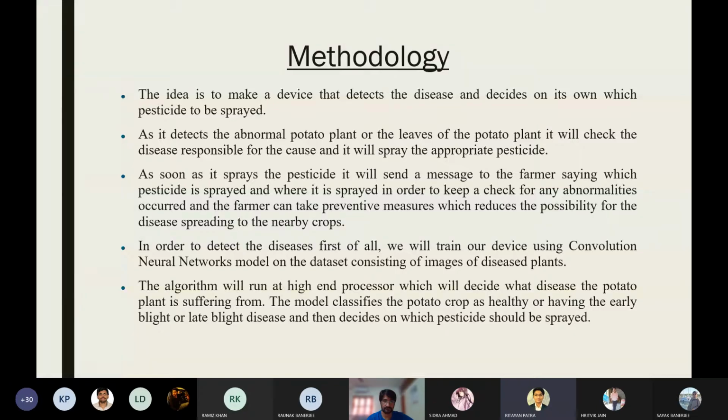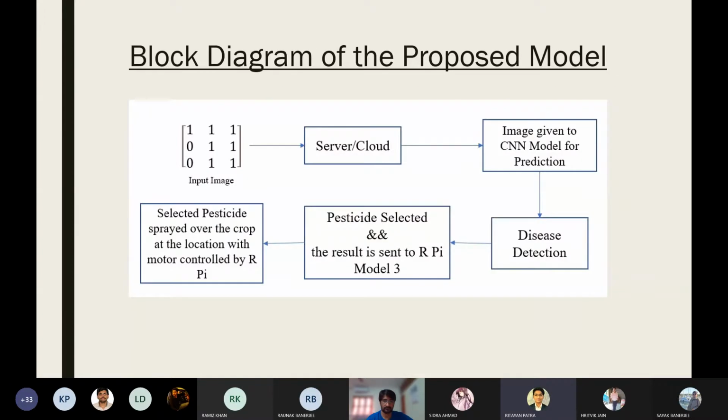Upon deciding, it will then decide what kind of pesticide to use to help the plant. That pesticide name will be sent to the RPi, which will then spread the pesticide on the plant.